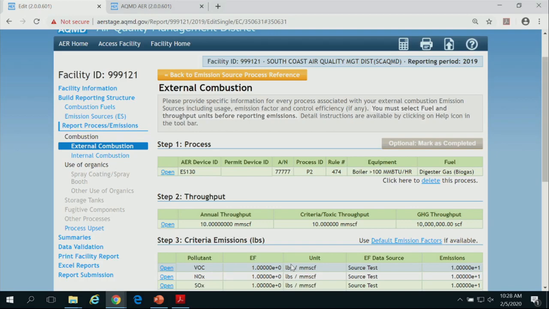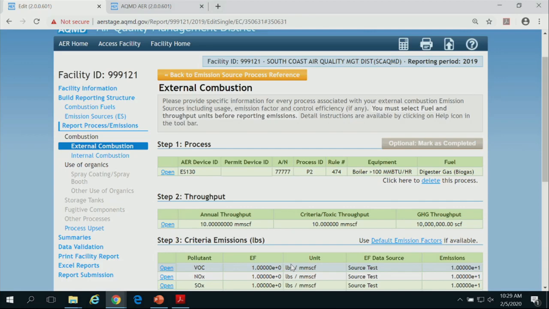As I indicated, we upload your permitted equipment to the tool. If you're doing it for the first time, you need to think about other activities at your facility that are not per se permitted equipment. Those activities need to be added as well. Again, you have the list of activities that are exempt from reporting in your slides.